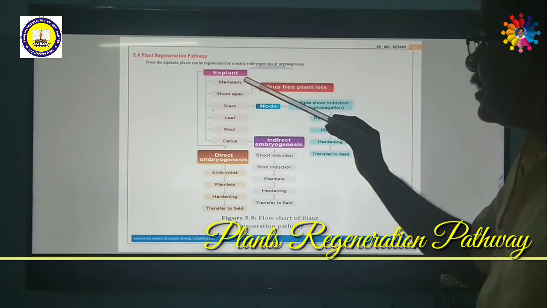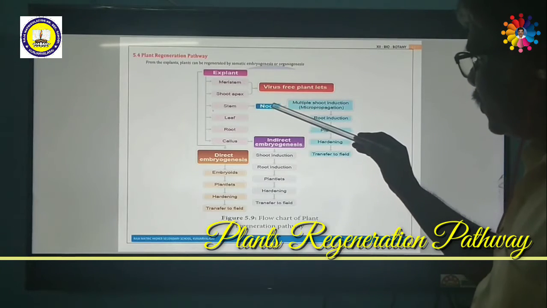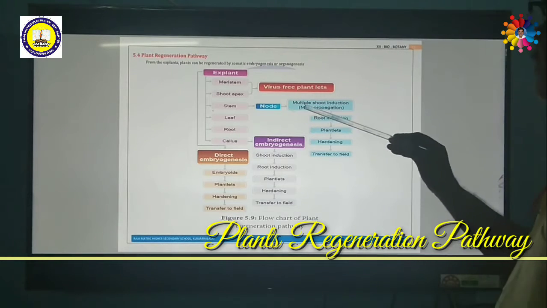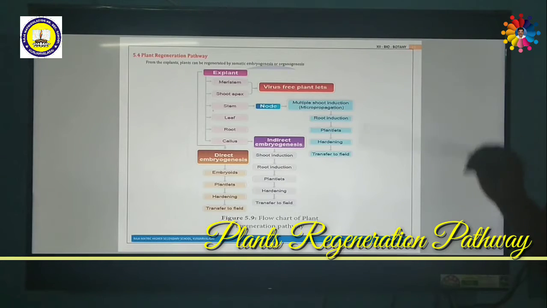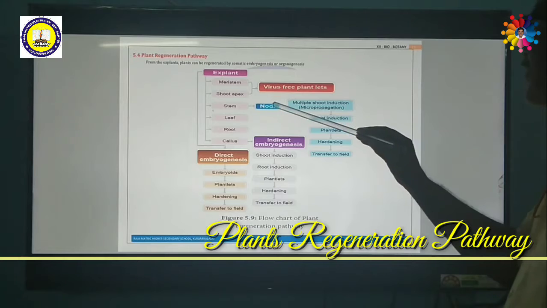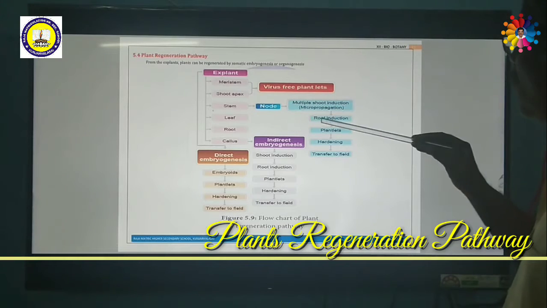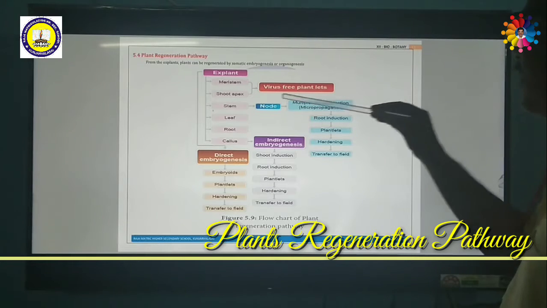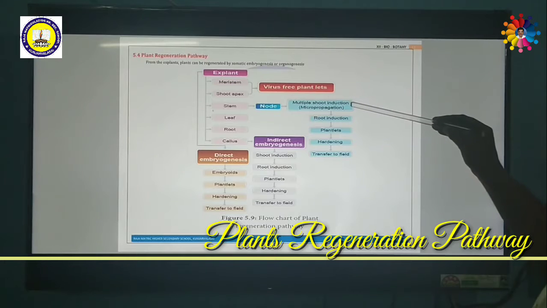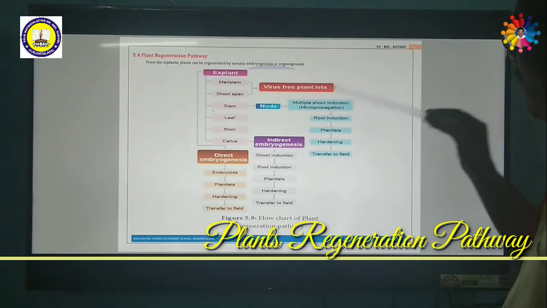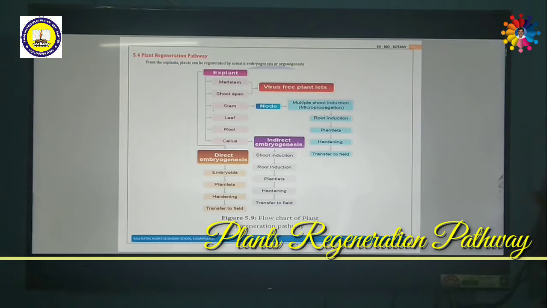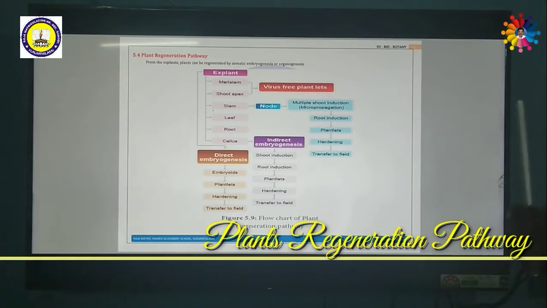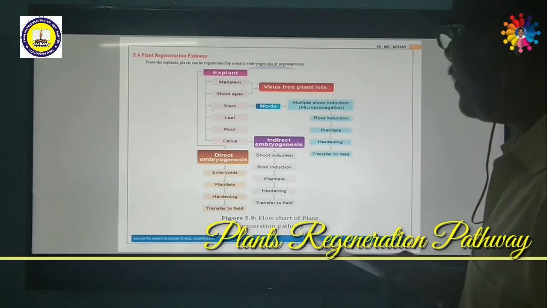Then if you are producing the explant from stem, the node especially has a lot of bud cells, which can produce multiple shoot formation, that is micropropagation. Then the node cells will be cultured in culture medium for root induction. After root induction, plant roots will be produced, then hardening and transfer to the field. So a lot of micropropagation can be done with the help of the stem node, producing multiple shoot formation in the callus. A single callus can produce plenty of shoots. This is called multiple shoot formation, which can be done as micropropagation.